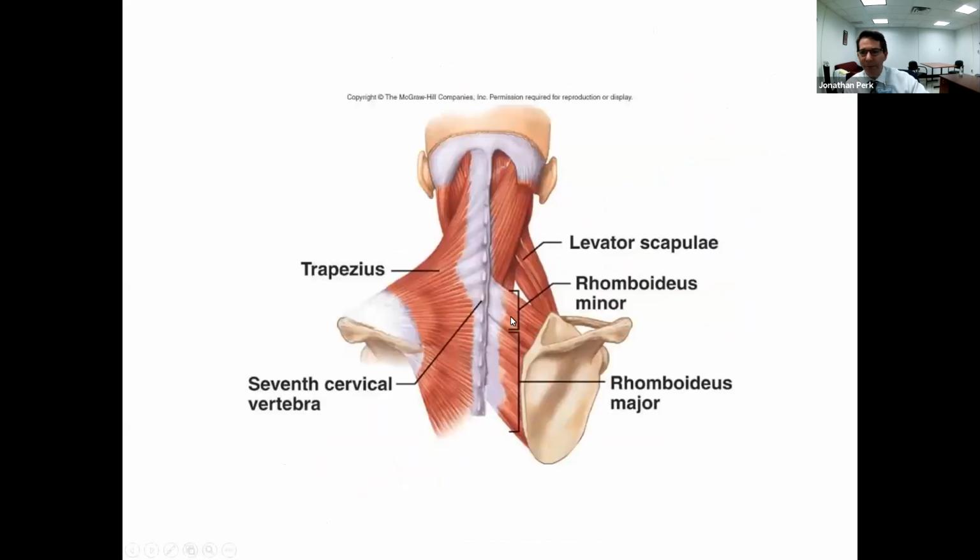It's the rhomboids, okay? So remember, we talked about stabilization of the scapula in the lateral aspect, which was the serratus anterior. Now we're talking about stabilization and movement of the medial aspect of the scapula. That's responsible for movement of the scapula by pulling in the direction of the angle in the back, in the dorsal. That's done by the rhomboids. We have the minor and the major. That's not important to you, but what is important for those of you who are budding EMGers in the future